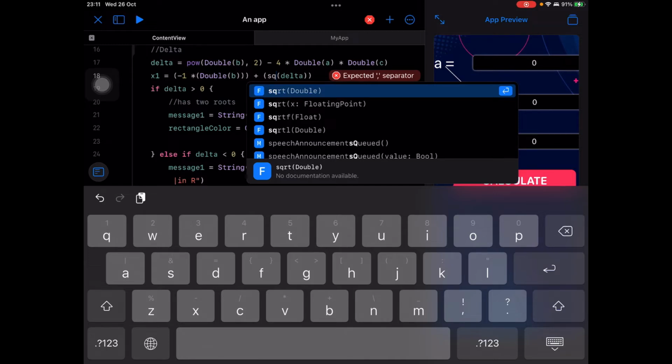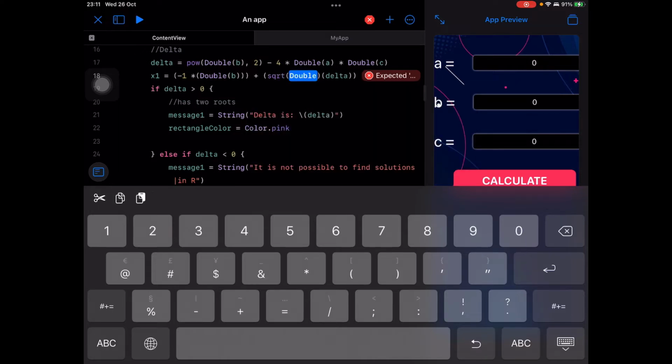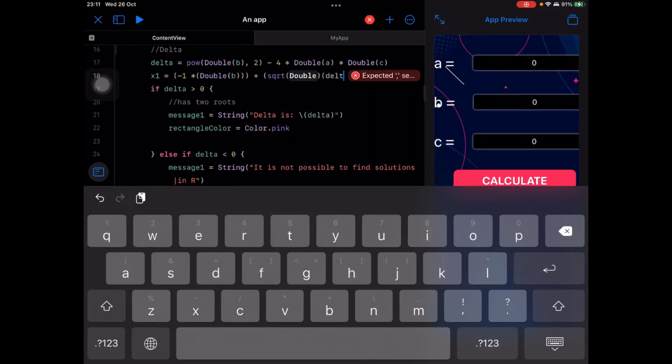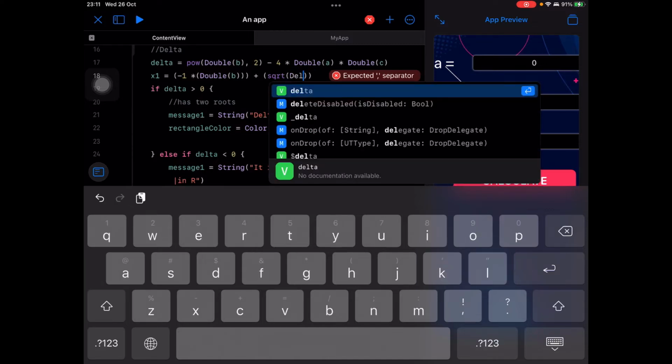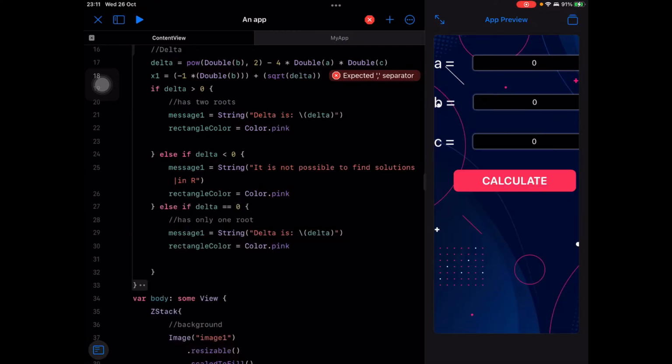Oh, this one here. I have the parentheses here, the round brackets for double numbers. It would be easier if you just tap here. So I'm gonna delete this stuff. I have this square number, and inside of it, it's gonna be my double. That will be delta. Okay, I'm gonna have the square root of it,